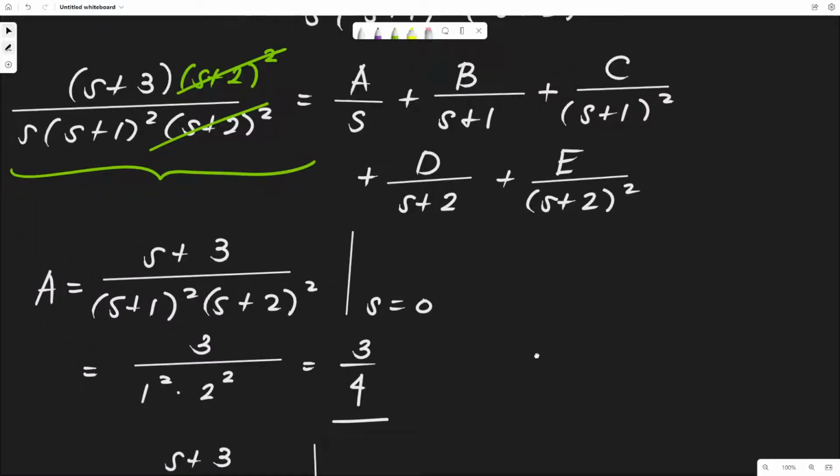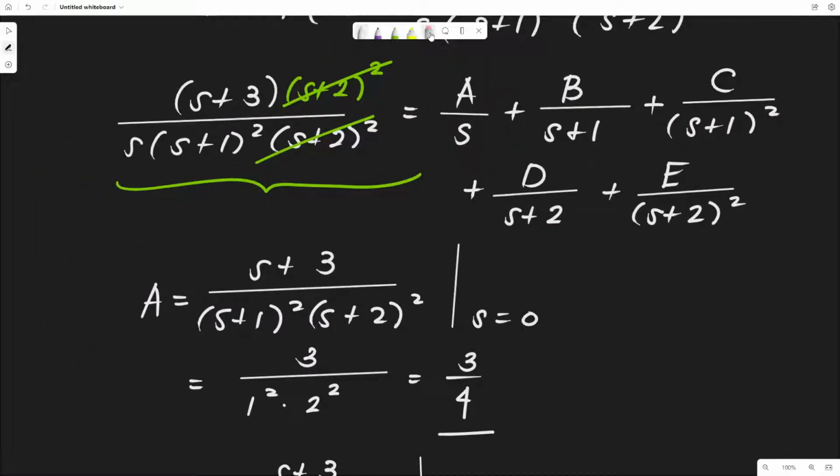No, bakit? For example, if we multiply S plus 1, no, so isa lang yung makakancel, obviously. Ayan, yan lang. Hindi makakancel yung isa pang S plus 1. And if this happens, we cannot substitute any value and just any value, no, that will give us